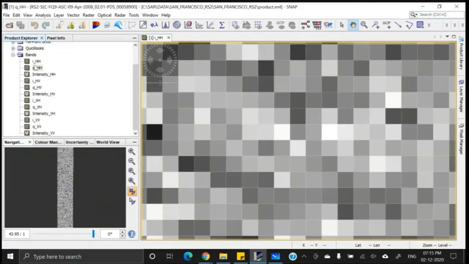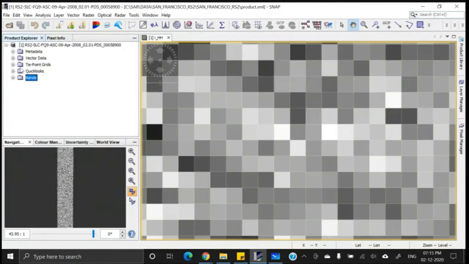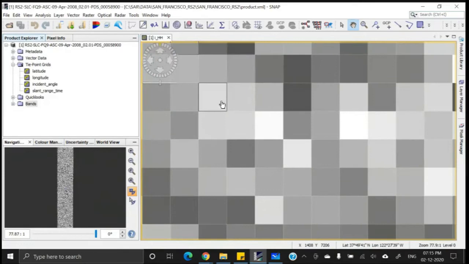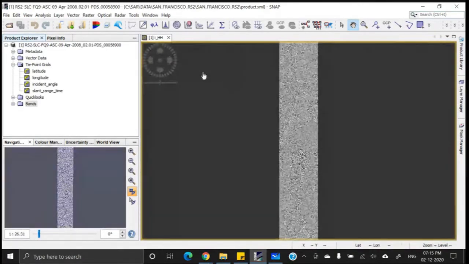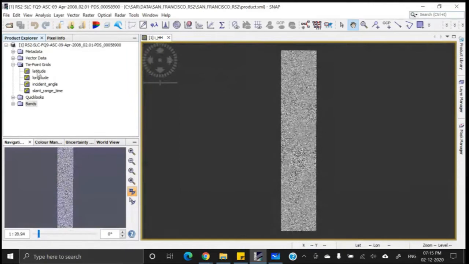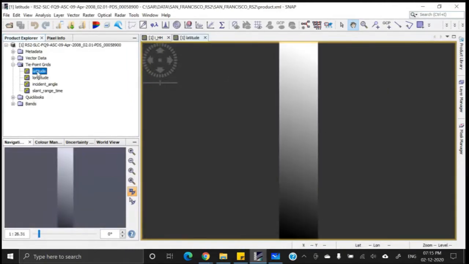In Product Explorer, go to the tie point grids and see. This is the latitude component, the latitude information. Here we have the lower latitudes, and as we progress upward, the latitude is increasing, and as you can see, the pixel values are also increasing.